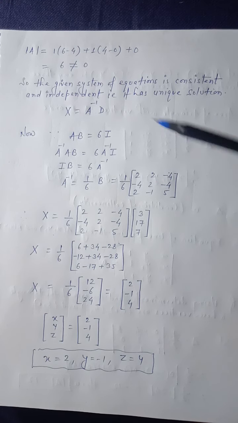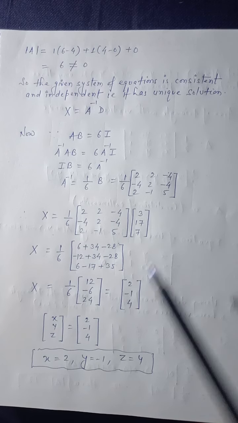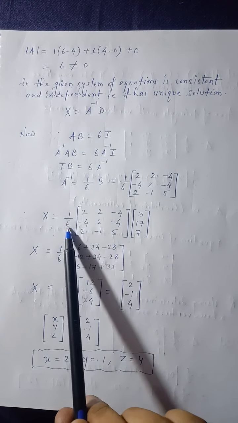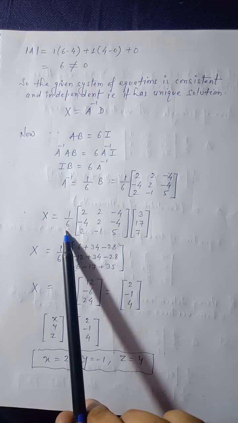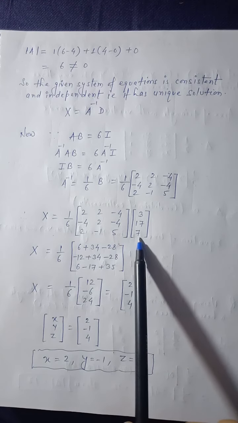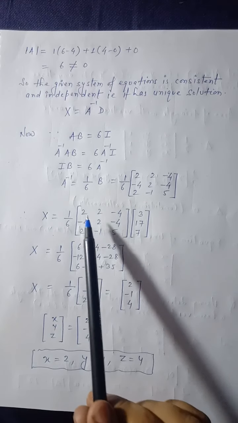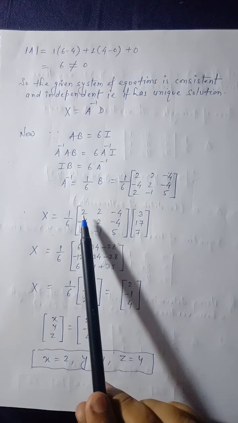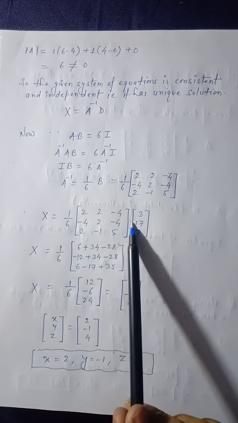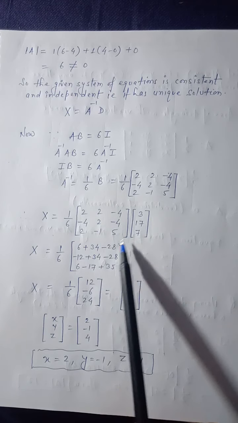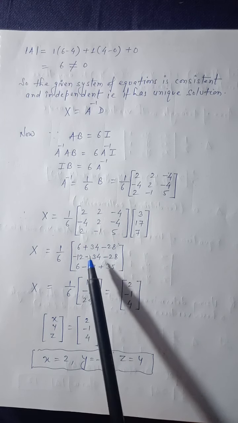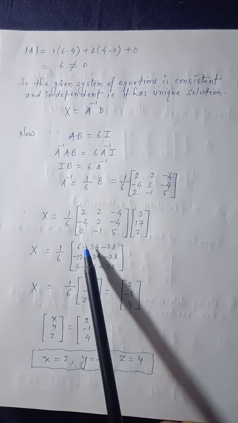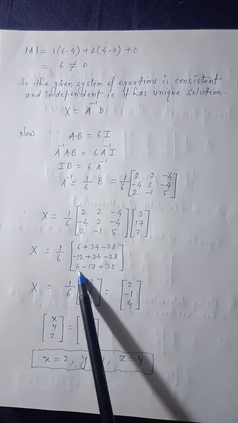Now x is, see this formula, x is A inverse D. So the value of A inverse is, don't multiply 6 inside, finally we will multiply. So this is A inverse and this is D. Now multiplication you already know, multiply this first row with first column. So you will get 3, 2, 6, 2 into 17, 34, and minus 4 into 7, 28 minus. Similarly second row with first column gives this, and third row and first column gives this.